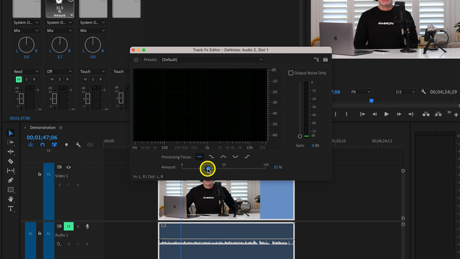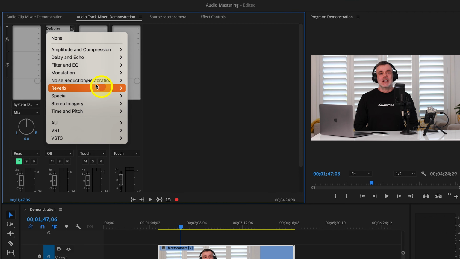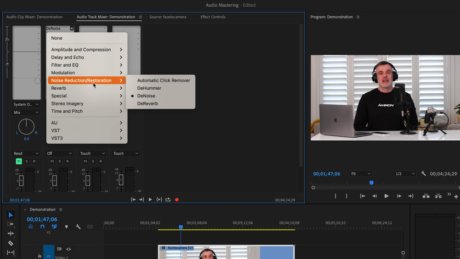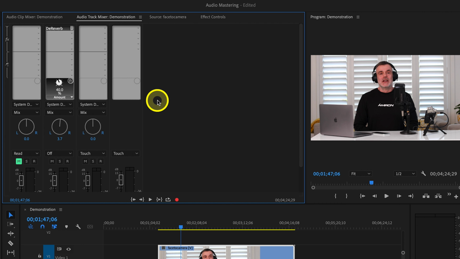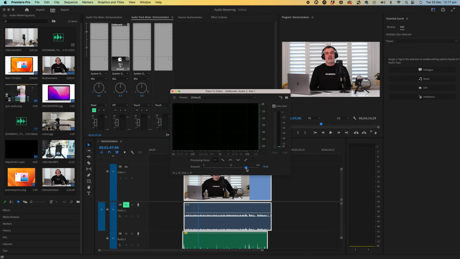But if you are using noise reduction, keep in mind that the higher you go, the more artificial the recording can sound, as the noise filter can often cut into the natural characteristics of your vocal. Fortunately, I don't have to use a noise filter for this, but I do have the reverb that's present in my room to deal with, so I'm going to use the de-reverb filter instead. Click on that, and once again, the same principle applies. If you go higher than 50, it's going to give you an artificial sound. So we're going to adjust the slider to around the 40% mark and take a listen now,